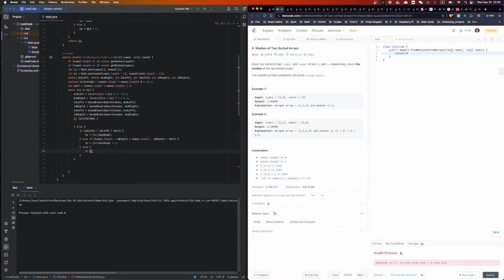Divide and conquer. Are you doing divide and conquer right now? I'm not dividing and conquering. What do you mean by divide and conquer? Well, we want to find a median, right? That means we need to find a value. If it's an odd total number, we want to find a value such that